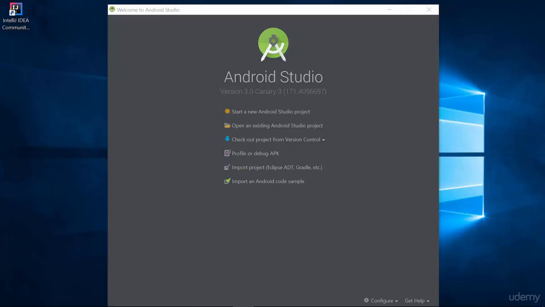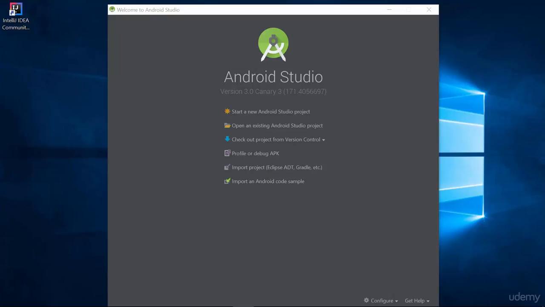Hello and welcome. In this lecture, I'd like to provide a demonstration of how you can create a bounded service. For this lecture, we're going to have a bounded service that logs information to external storage. It's just going to act as a logger. It's going to have a timestamp, and whatever message you send to the service, it will log that data. So this is a bounded service, and it will only be available in the lifetime of the application that binds